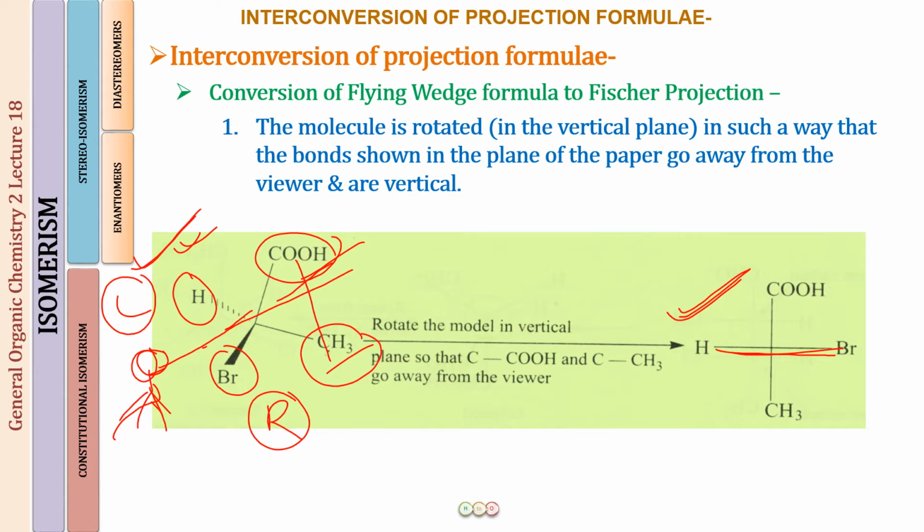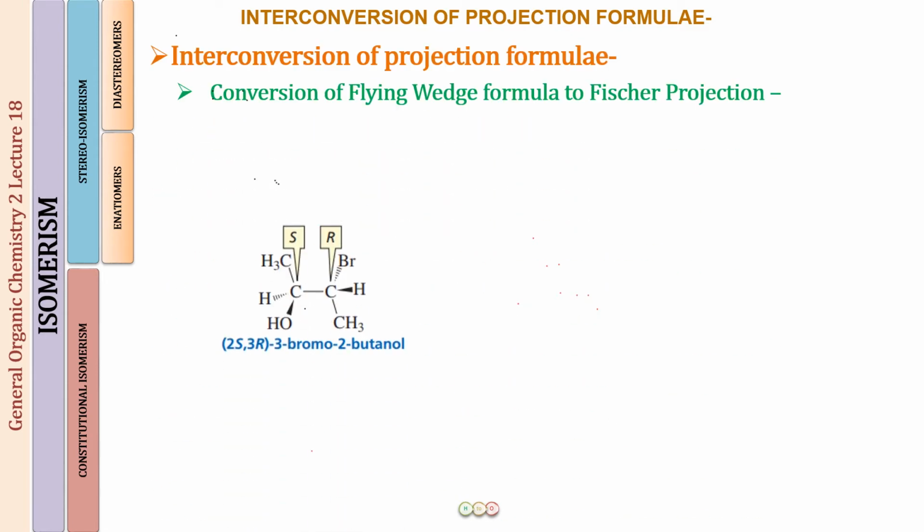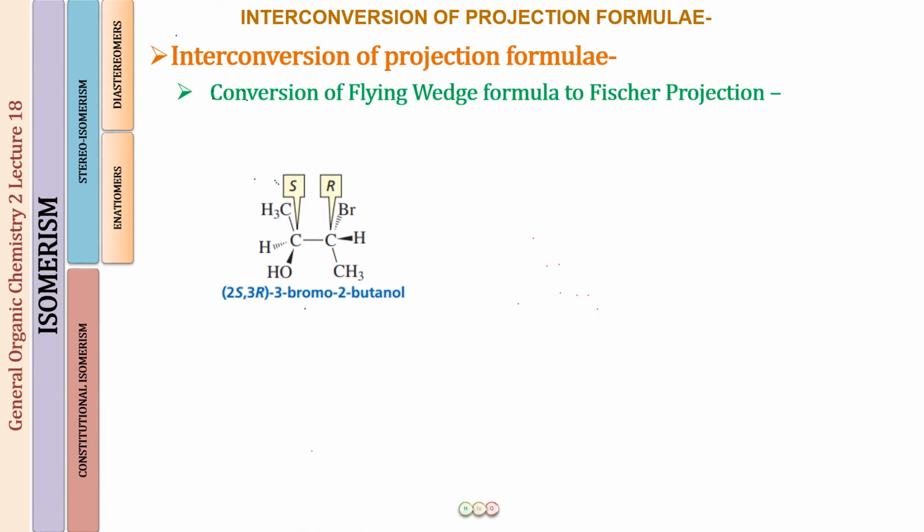And now I'm going to show you, when there are going to be more than one chirality center, how will you be converting a flying wedge to a Fisher, and then the concept is going to become more clear to you people. So let us just clear this out, and then we will be seeing an example where we have two chirality centers. The molecule that I am taking over here as an example for two chirality centers is 3-bromo-2-butanol, carbon number 1, carbon number 2, carbon number 3, and carbon number 4. OH at position number 2 and bromine at position number 3.